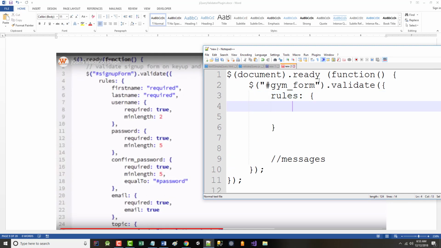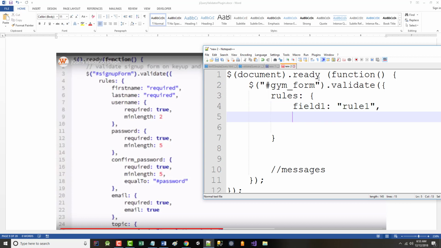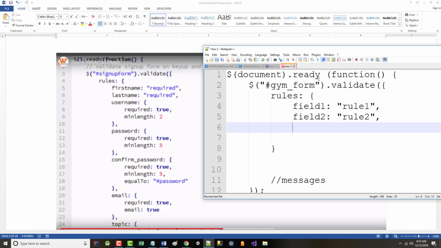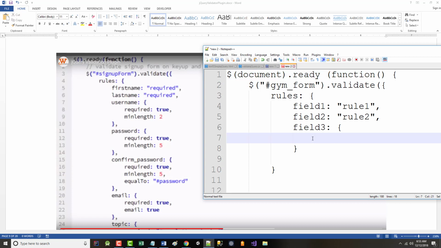and then we'll say, for example, field 1, rule 1, comma, field 2, rule 2, comma, and then maybe field 3 has got more complex stuff. So again, we put it in like this, and we come over here and we say rule 1,